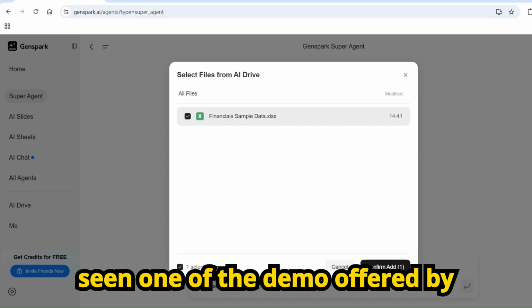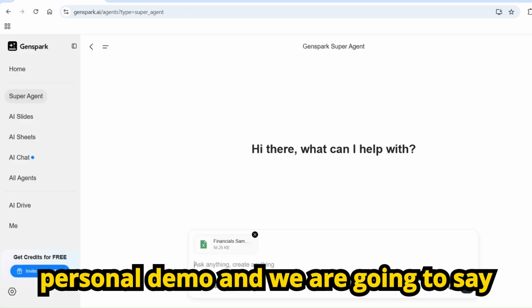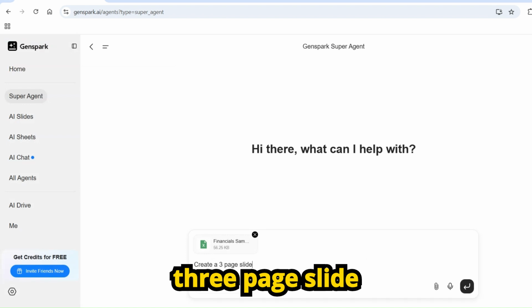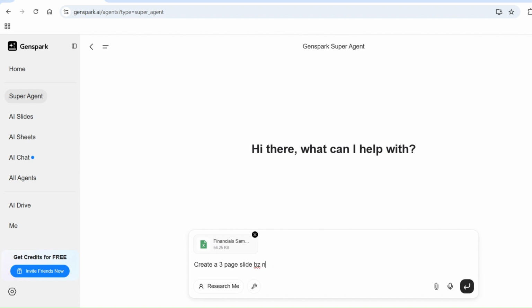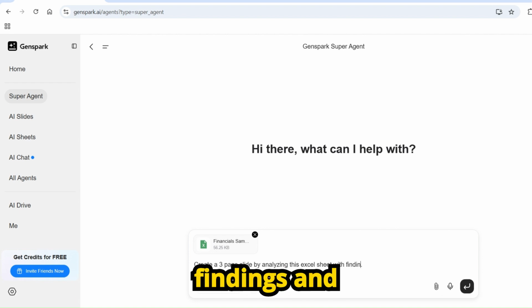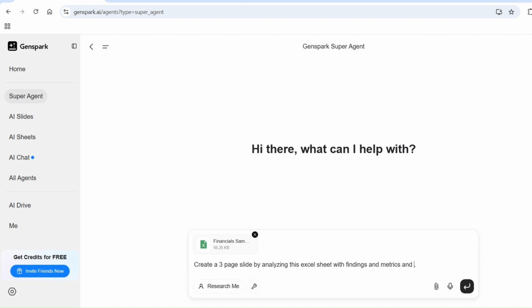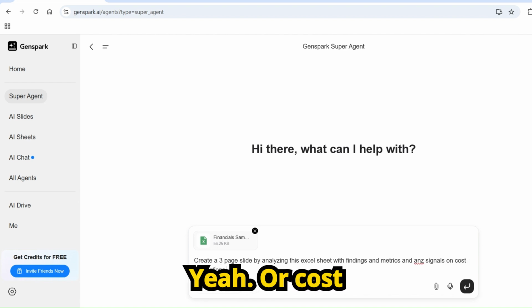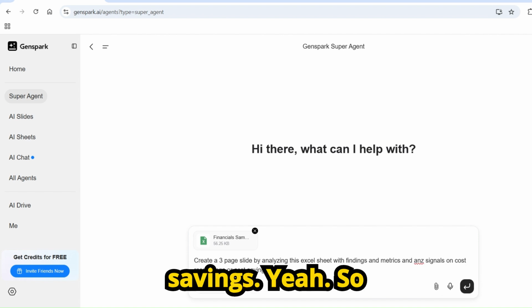We have seen one of the demos offered by GenSpark itself, but now this is our personal demo and we are going to say: create a 3-page slide by analyzing this Excel sheet with findings and metrics and any signals on cost reduction, or cost savings. So